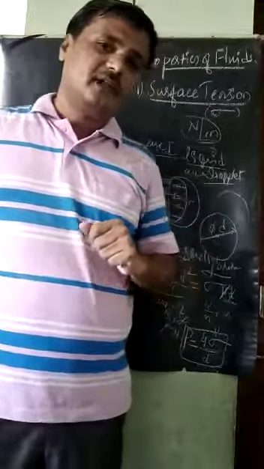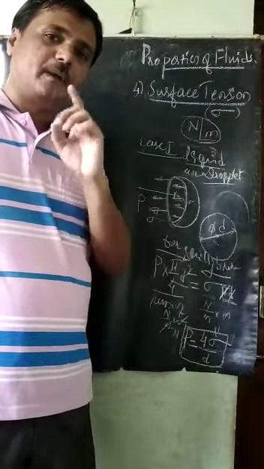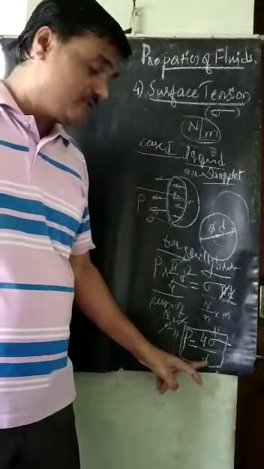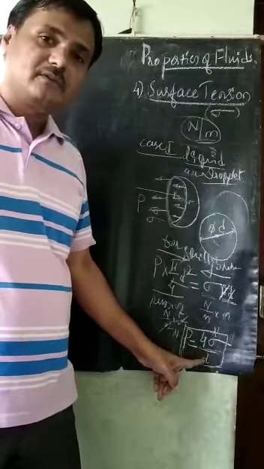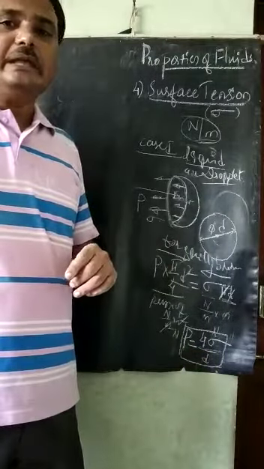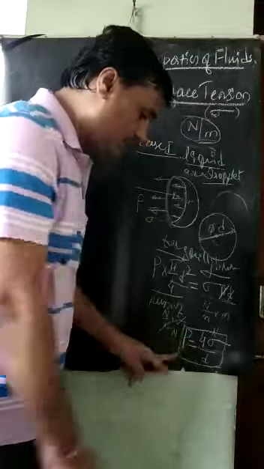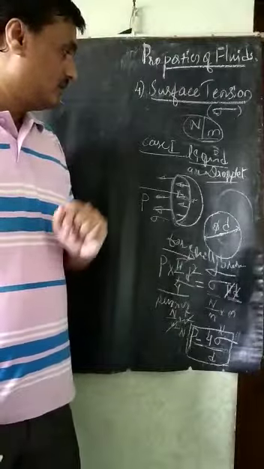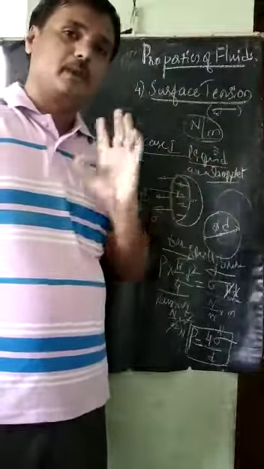What does it indicate? The intensity of pressure applied by the air on the liquid droplet is inversely proportional to the diameter. If the diameter increases, the intensity of the pressure will decrease. So it is 4 times sigma in this case. This is case 1, about a liquid droplet.